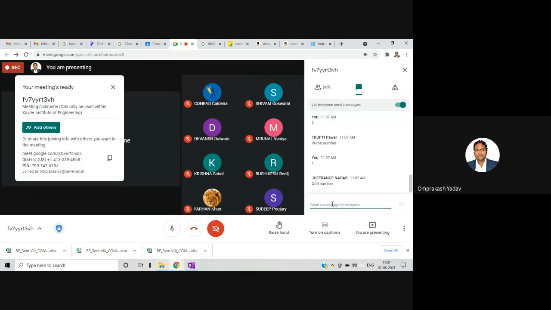What about one? One is odd number. Oh yes, one is odd number. I'm talking about whether it's a prime number or not. Okay, G1 is saying not a prime number. So neither prime number nor composite. So actually one is a co-prime number, I think. You can check that. Because one is also divisible by itself or one only, right? But it has been classified in, I think, co-prime number.